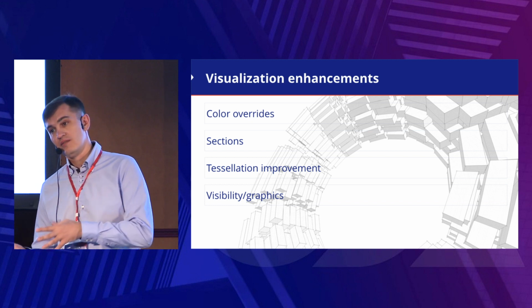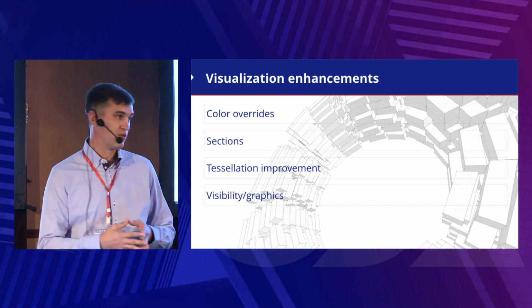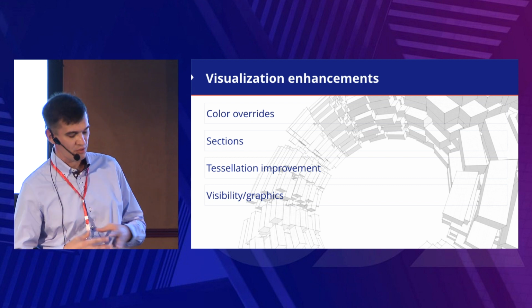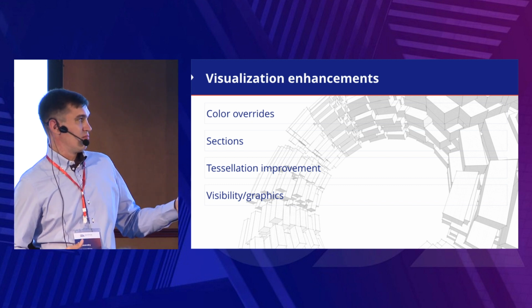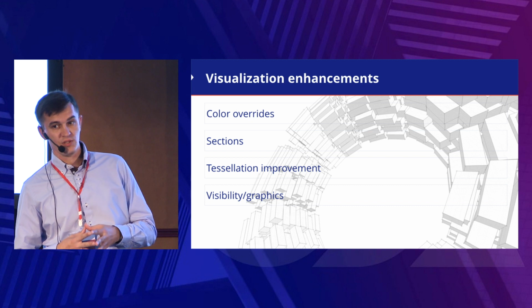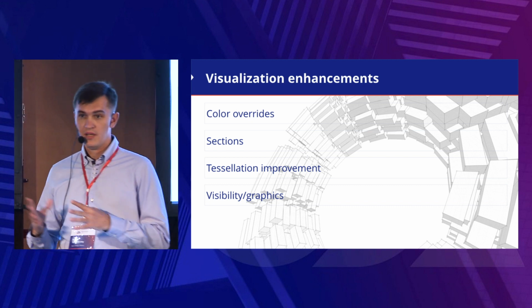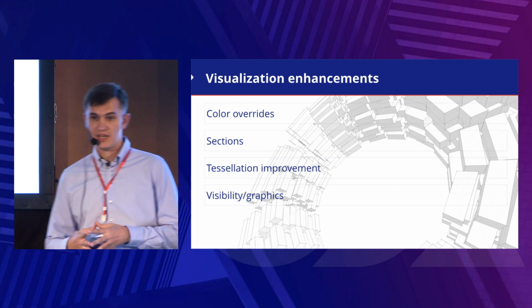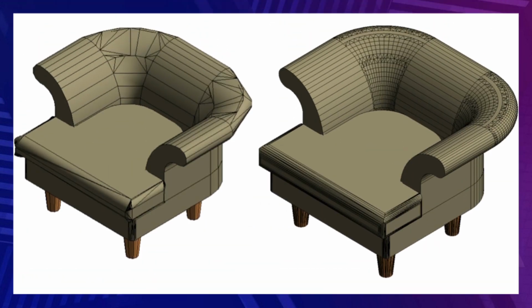It was done in Visualize, but it's very important for BIM because most of our models use BREP. So on the screen you can see two pictures of the same objects, but the tessellation was created for different sizes of these objects. On the left side you can see an example of objects with tessellation for small size. The mesh is not so smooth, but it has fewer triangles, fewer polygons, and this is enough for small objects, and it must be drawn fast.